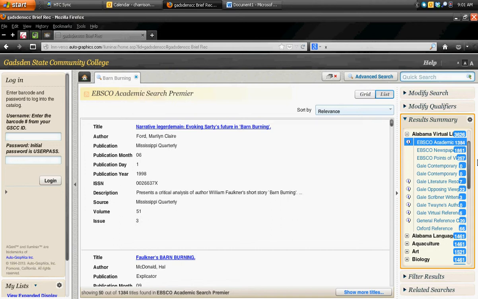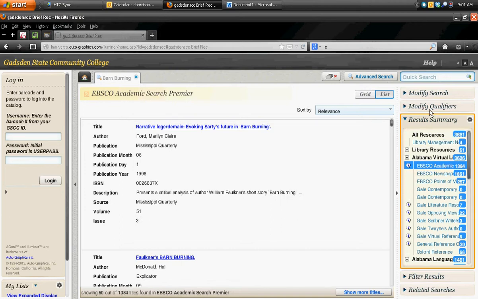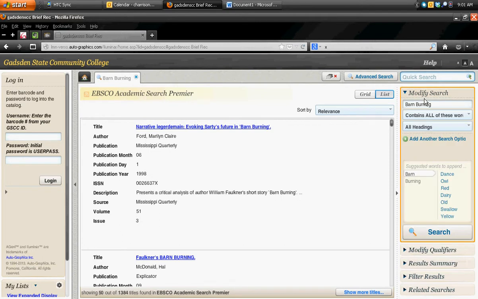Now, there are other things that I can do too if I want. I can modify my search. Anytime you're searching, like if you search Google, for example, if you search car, you're going to get every car. If you search red car, you're going to get red cars. If you search for red American car, obviously it narrows your search even further. The same thing is true for when we're searching for literary sources.